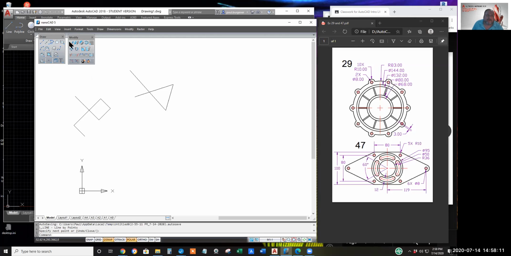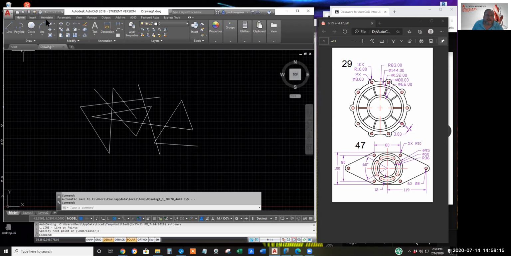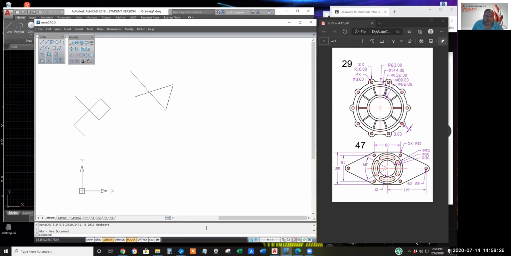So we only need draw and modify in NanoCAD, where in AutoCAD, okay, yeah, we have to use the annotation panel to make text. And again, with NanoCAD, the text tool is a T instead of an A.